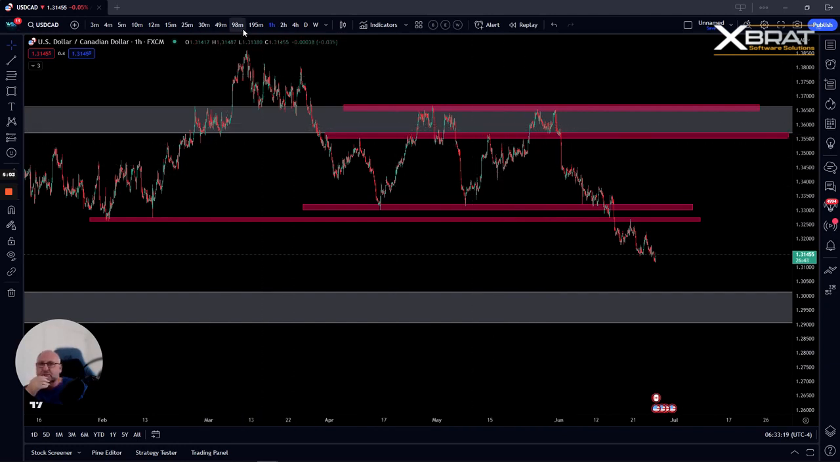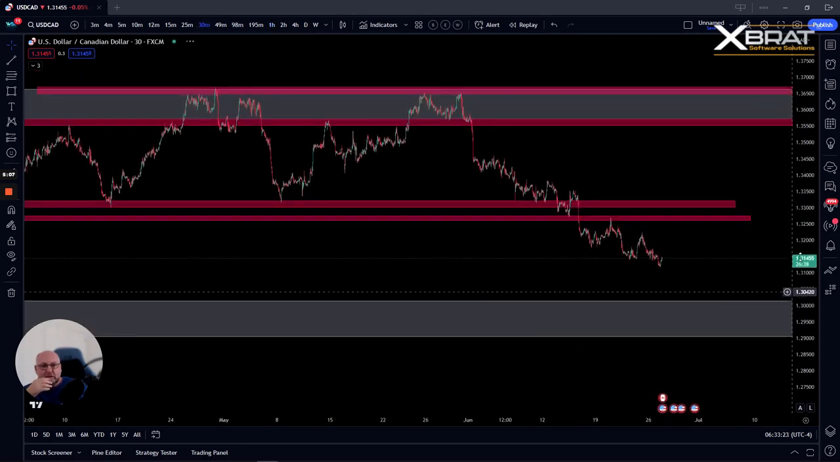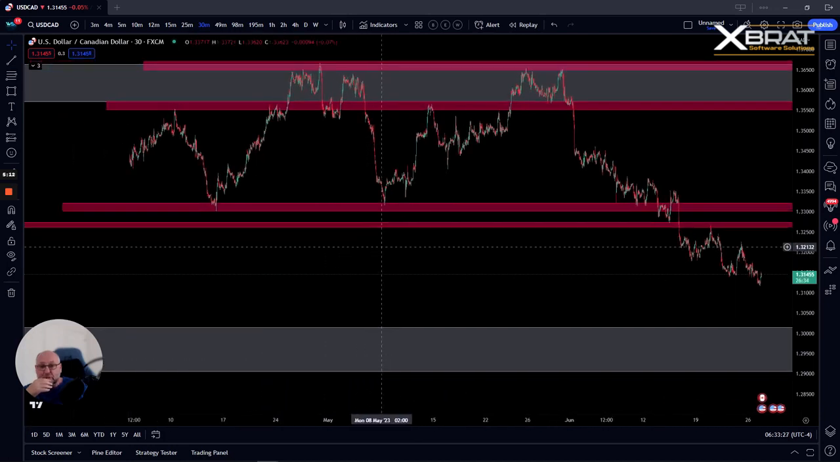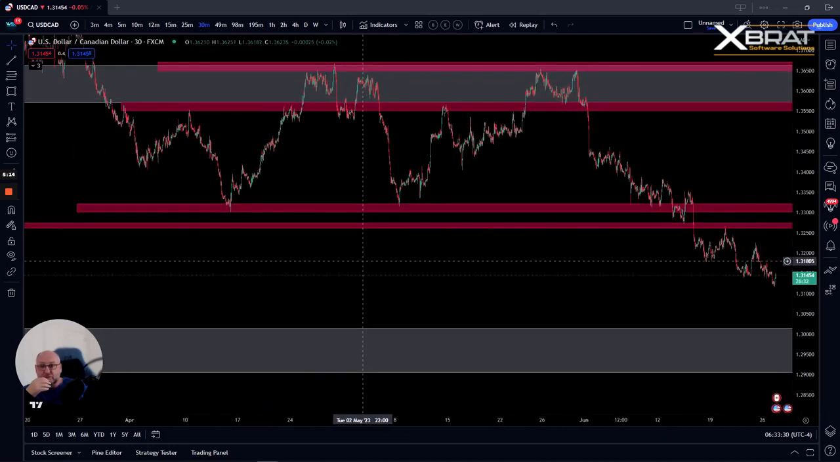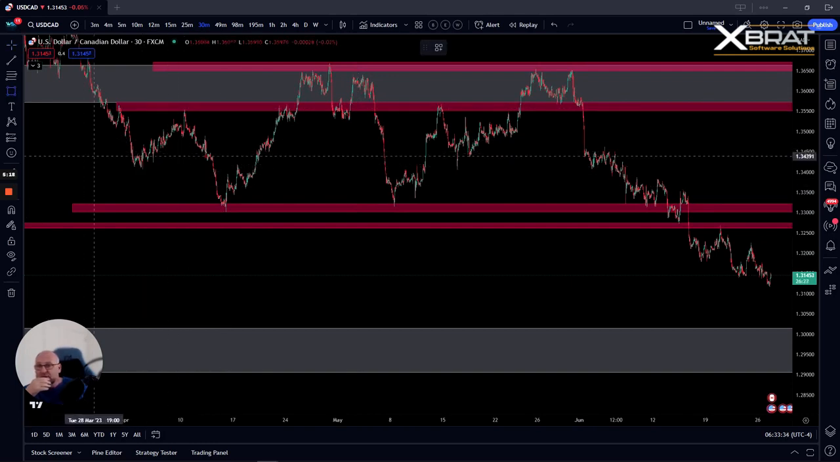I think that's fine. We're going to go to 30-minute now. So again, don't be afraid if we see some of those overlap. That confluence is really, really important for us here. So I actually quite like this zone here on the 30, this